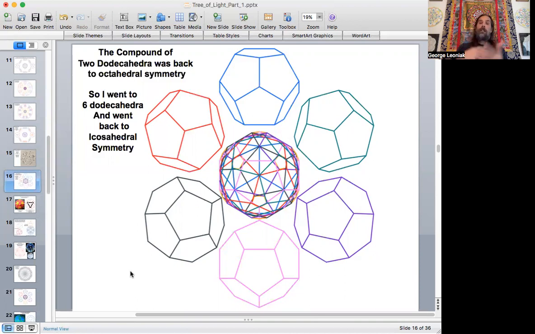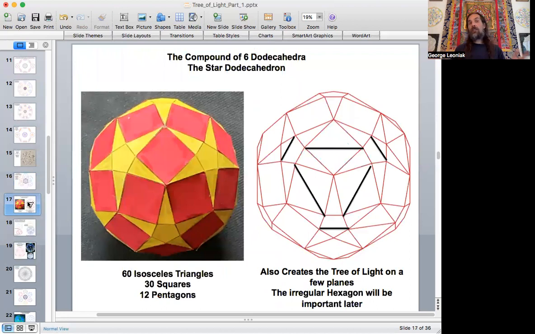But when I take 6 of them, and meanwhile, some will only do this with 5, but the 6th dodecahedron is key in the process. It's kind of like the one that the other 5 orient around, and we'll talk more about that when we get to the icosahedra. Well, this came up with the form that I discovered then. I actually recently just built it